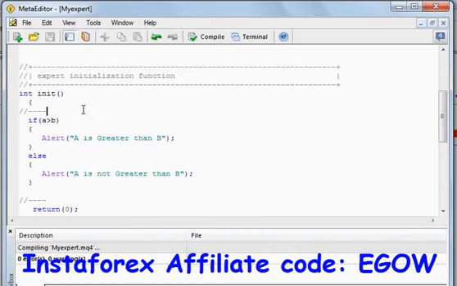In this video I'll be talking about what to do if you have more than one condition and you have to make a decision based on those conditions. For example,